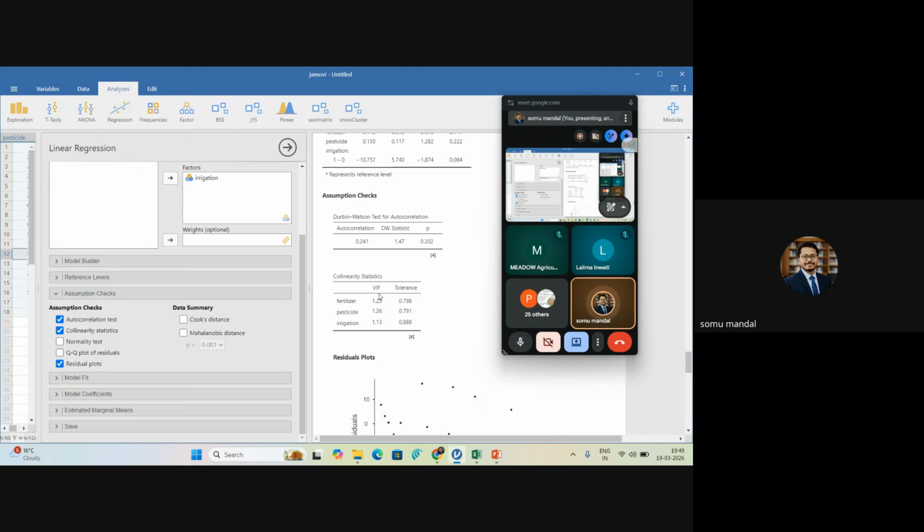There are different kinds of rules of thumb. If your data is a primary data set, you can consider up to 5. If it is a secondary data set, you can consider 10. In a general sense, you check the homogeneity of the values within the variance inflation factor. If you find any abrupt value, suppose 6.7 for any variable, then you have to avoid these variables while conducting the regression analysis.